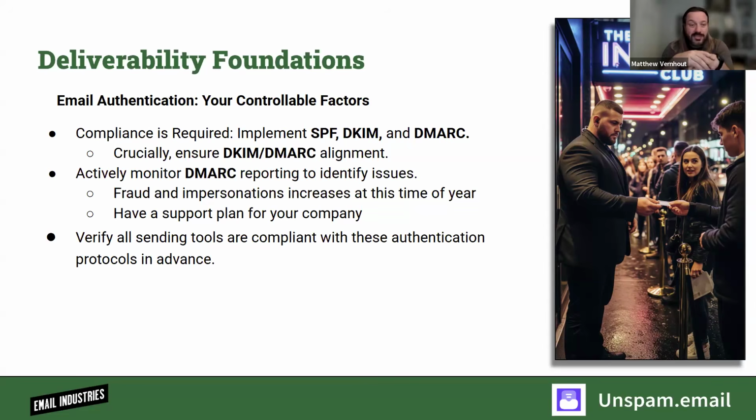Or, another good test for this is if you send yourself an email and you see it says something along the lines of like, Matt Vernhout sent via SendGrid, sent via Spark Post, sent via Mailgun, whatever it happens to be. If you see that, that means you're not authenticating properly. Plain and simple, that's your first step. You're going to be able to visually see that you're not authenticating properly. If there's a sent via, there's a problem with your authentication. So take the time over the next 2 weeks to visualize that and really start putting that best foot forward.